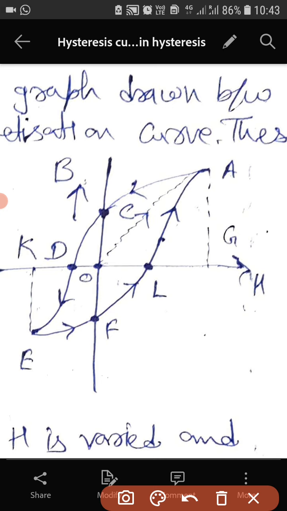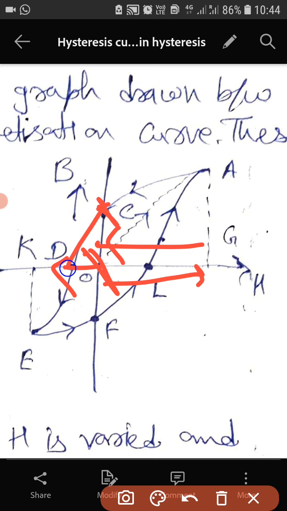This is known as the cycle of magnetization, and we always see that B lags behind H. When we start increasing H and then bring H back from G to 0, H is at 0 but B has some value; it is lagging behind. When we increase H in the positive direction, only then does B become 0.